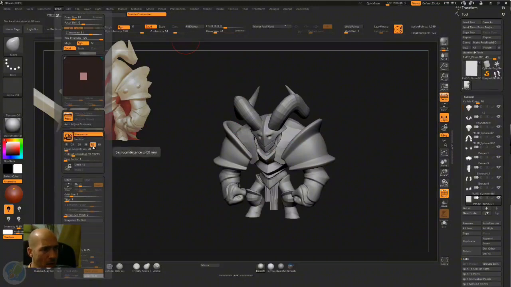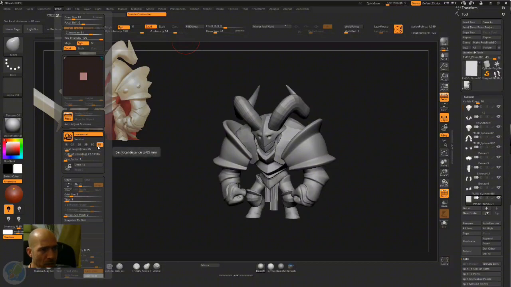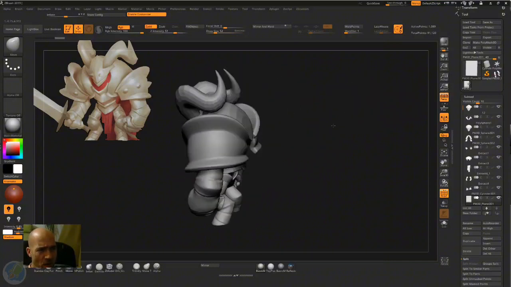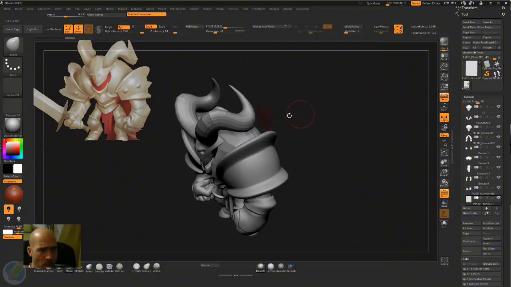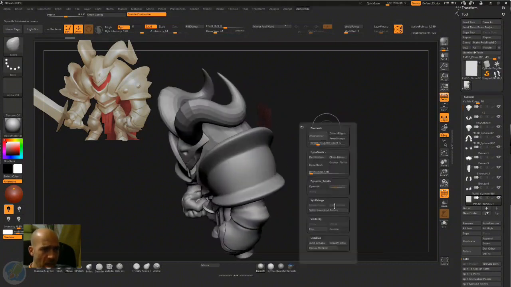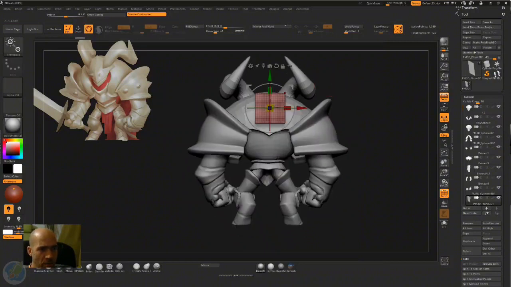The perspective now is 50. By some standard it's 50. If we do it 18, it will be super big. If we do 85, it will be very moderate. 50 for this character is kind of good. But I'm just showing you how to make this. Then I will go to this plane here and make it double. When I make it double, I will be able to see it from whatever. And now,